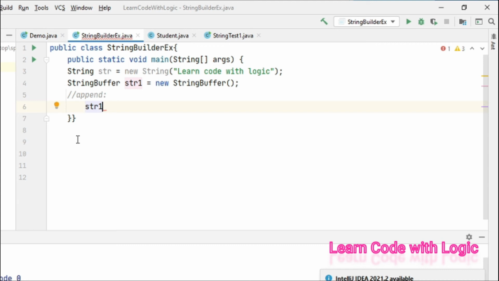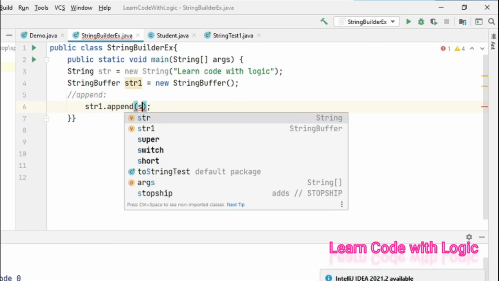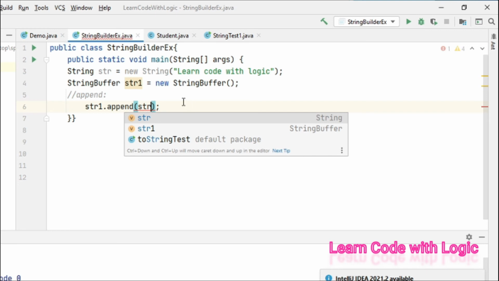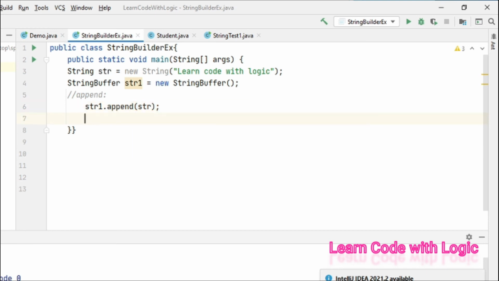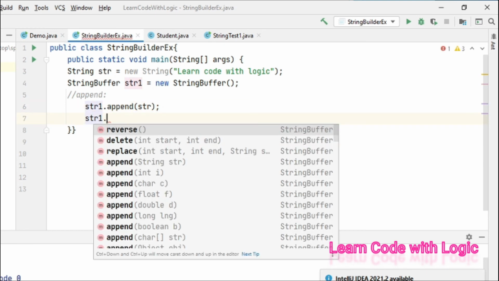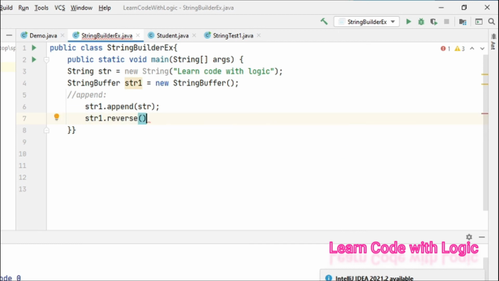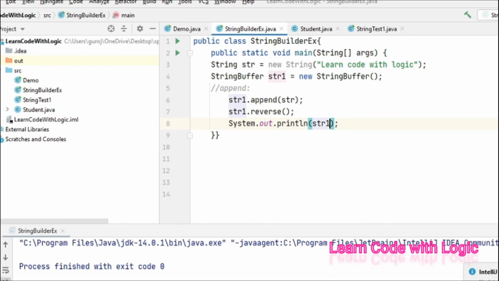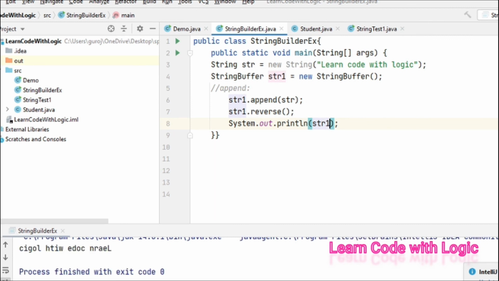Take the variable and use append. Here you have to provide the string variable str. That's it. Now the string behaves like a string buffer object. You can delete, you can append, and you can reverse the string. This is how you need to convert a string into a string buffer or string builder. This is pretty much the same.